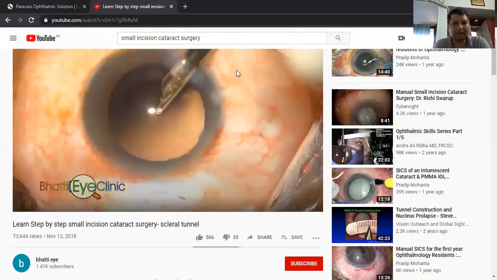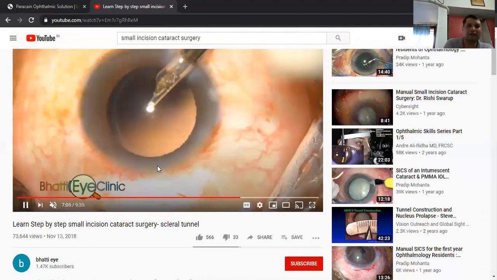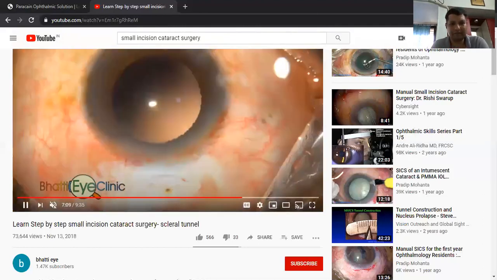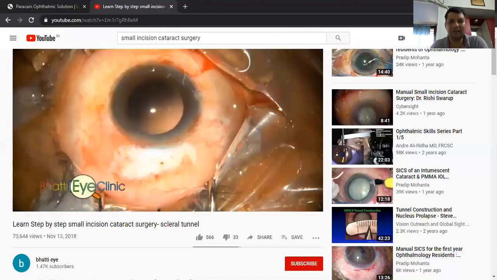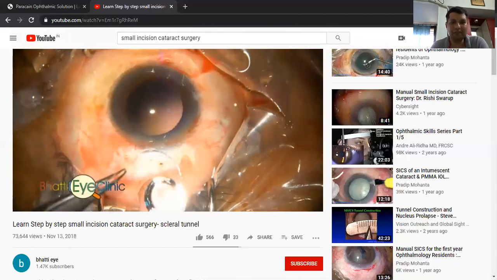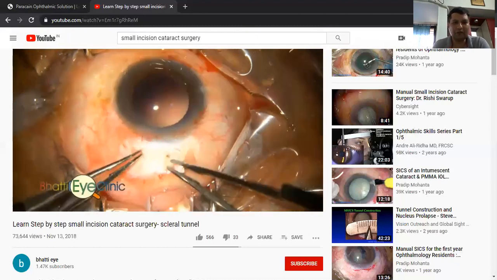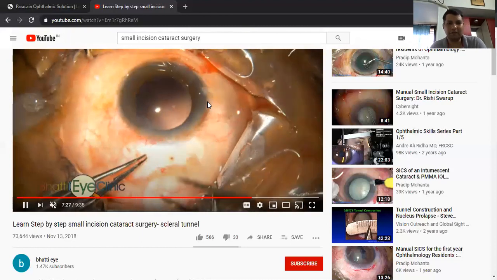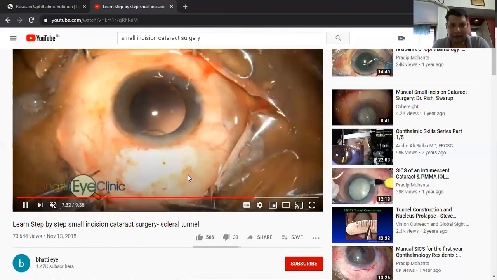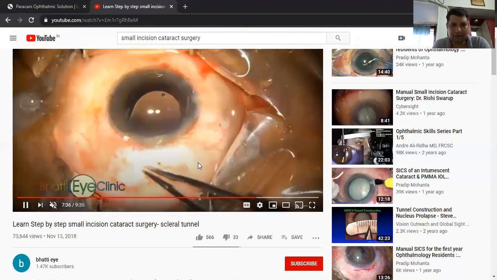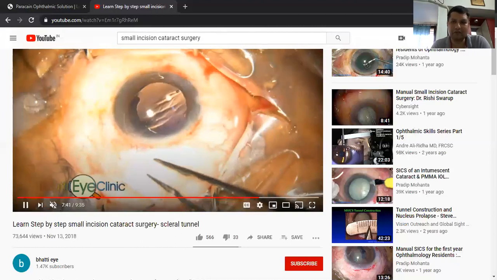Now everything is clear. You can see a beautiful red glow, and you can see the margin of the anterior capsule very clearly. So now what we do is we have to insert the intraocular lens. Before inserting the intraocular lens, we have to make sure that the anterior chamber is well formed with viscoelastic agent. Then through the main port, of course, we insert the intraocular lens. Just observe. So this is called the optic portion of the lens, and this is the leading haptic and this is the trailing haptic. So we have to make sure that the lens goes in the back, that is beneath the anterior capsule.